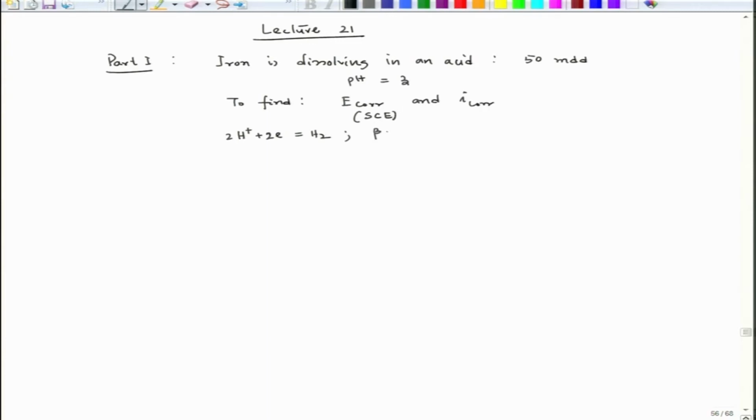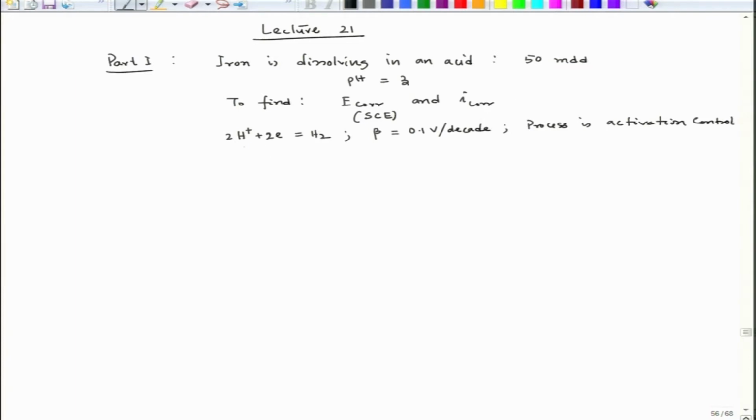Beta, which is the Tafel slope, is 0.1 volt per decade of current density, and the process is activation controlled. So this problem we will try to solve,